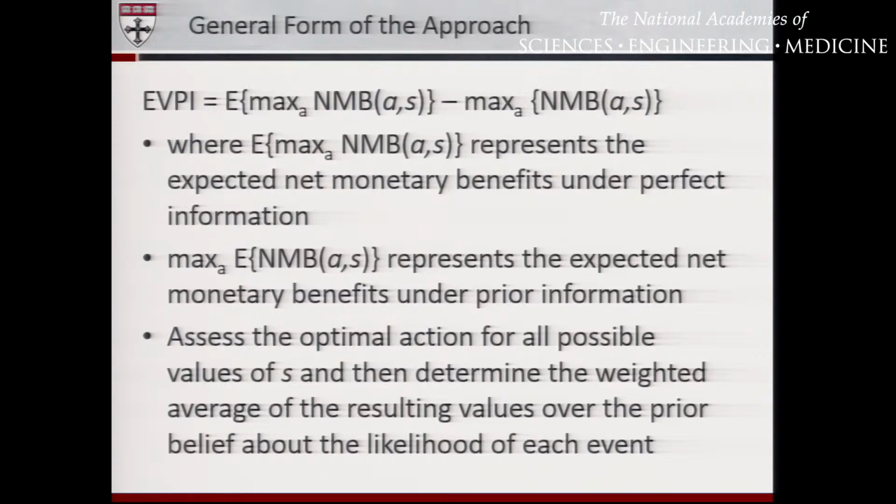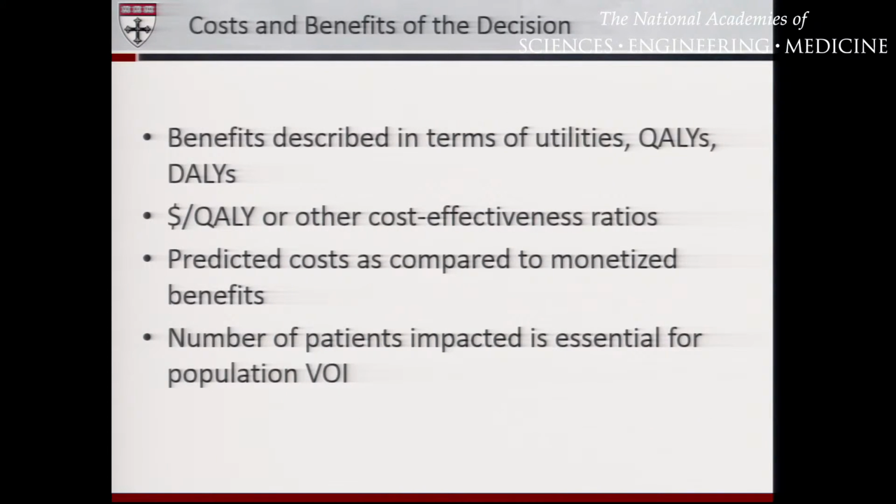So how is this really done? It's a simulation. So you have A, the action that the decision maker takes, and you're trying to maximize the net monetary benefits, or if it's not monetized, just the benefits generally. And S are your uncertain covariates. And you simulate through all these values of S and then average over the resulting values. So you need to know something about costs and benefits of the decision. Again, like I said, for benefits, you can have utilities. This would come out of your